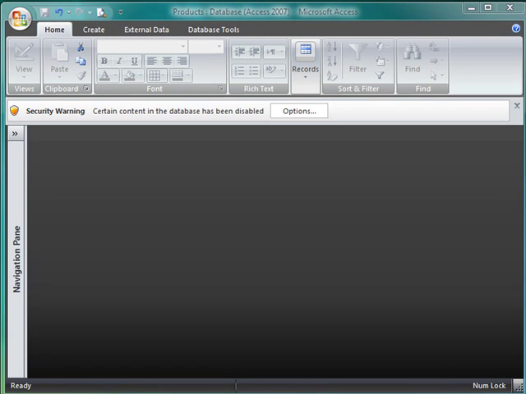I'm working in the New Perspectives Access 2007 textbook, working in Tutorial 7. I'm on page AC 378, the review assignment, and we're going to take a look at step 2. We've opened our database and we're looking at this report. What they want us to do in the report is to end up with a report that looks like the